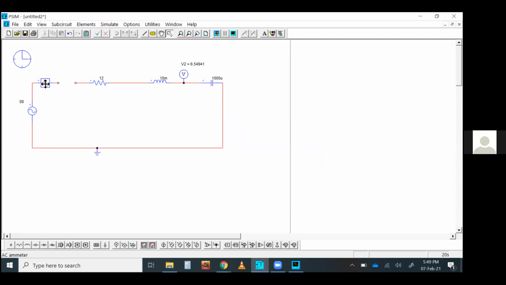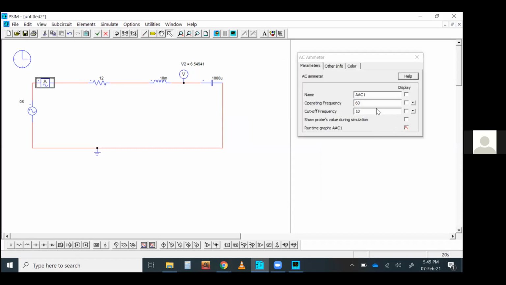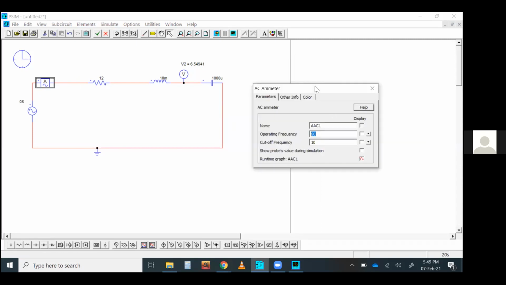Now we got an AC ammeter, which can give you the RMS value. For the AC ammeter you have to set the frequency, because this is AC equipment, so definitely it should know at what frequency the system is going to be used. So the frequency is 10 hertz, and the cutoff frequency should be less than this operating frequency, but I put it at 1 hertz and show probe value during simulation.